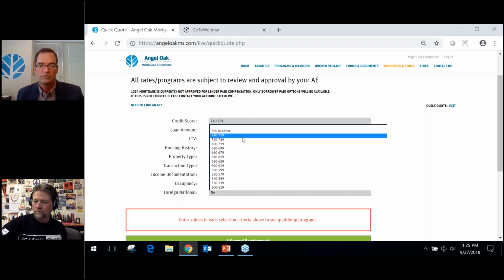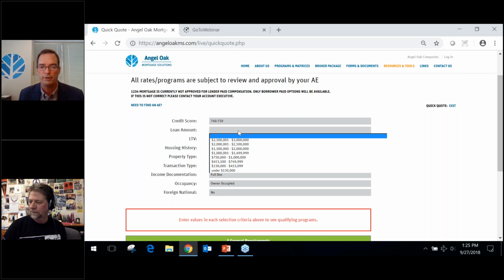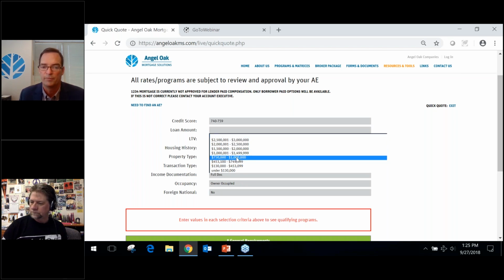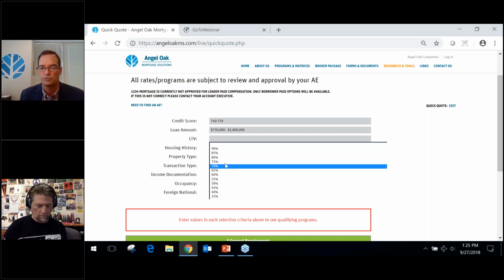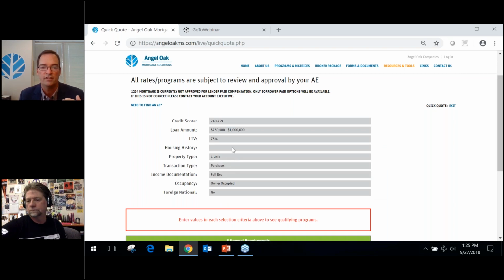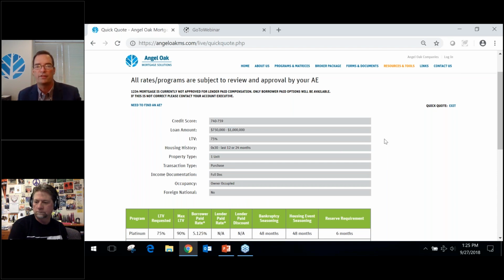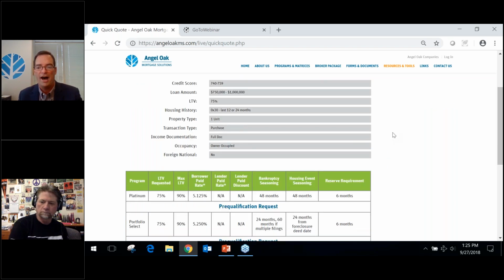So 740 credit score, and again, you can pick whatever it is. Loan amount, let's say it's a $750 to $1 million loan amount. Let's just say on this one, we're looking for a 75 LTV, and we've got 0 times 30 in the last 12 months. As soon as you answer that 4th question, options start popping up,